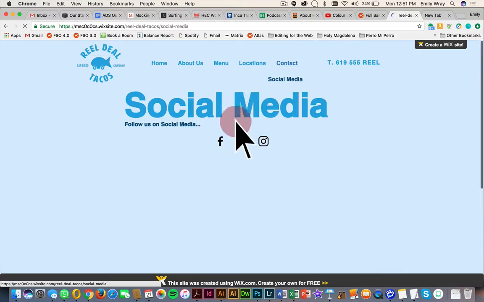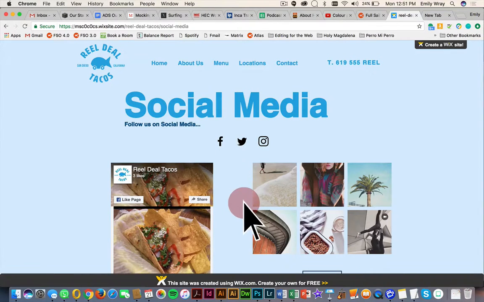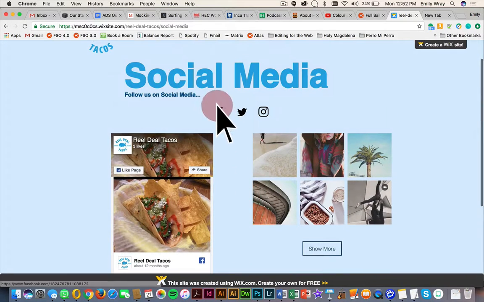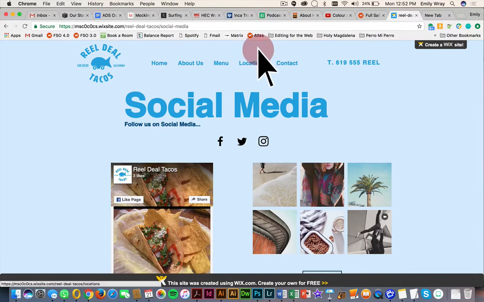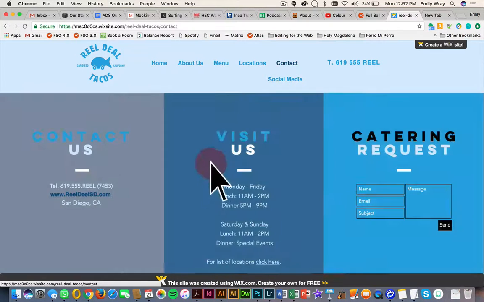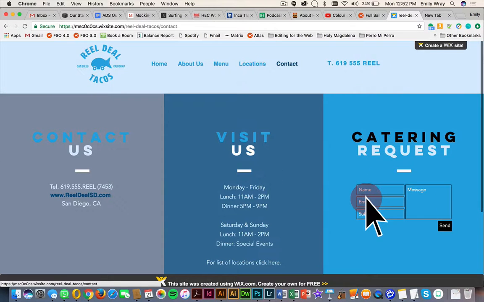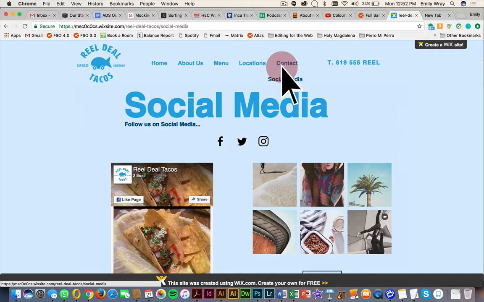What I'll say is having a page for social media like this is a bit redundant. I like that you're pulling in this information so that we can see it, but you give us these links in various places. So before, let me just go back really quick. So we see them on every page, and we've come to explore them or count on them in these locations. What I might suggest is for the social media page,